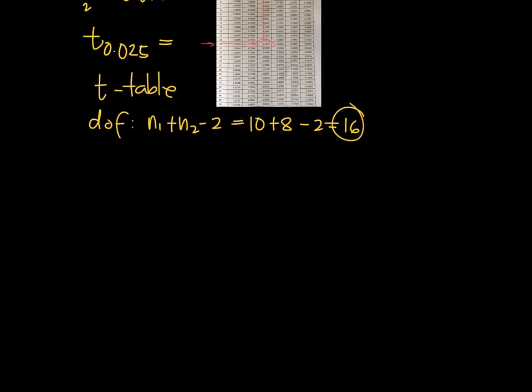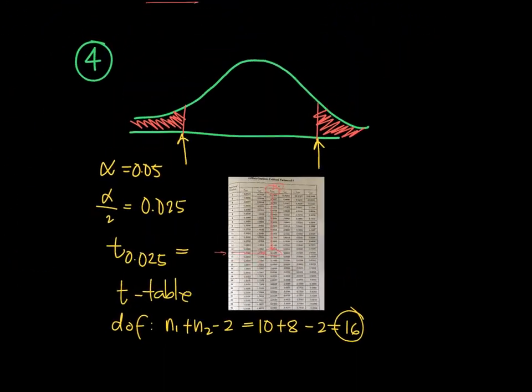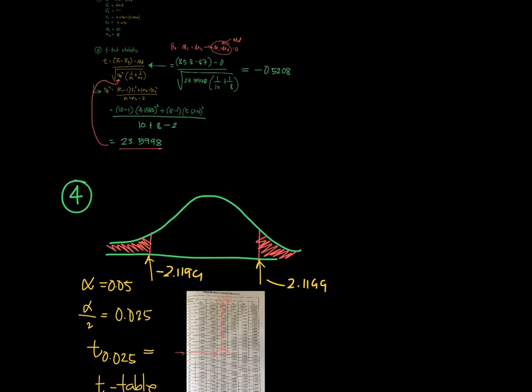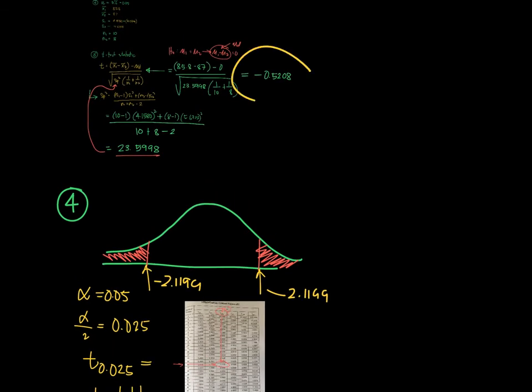So we plot that in our diagram. Two tails, of course the t table will only list the positive numbers. So the negative goes to the left side, negative 2.1199. On the right side, we have positive 2.1199. So from there, we go back to step number 3 and get that number and place it in the